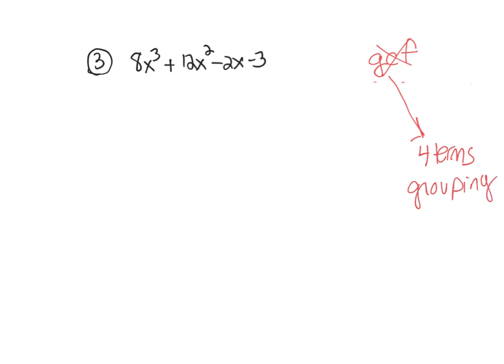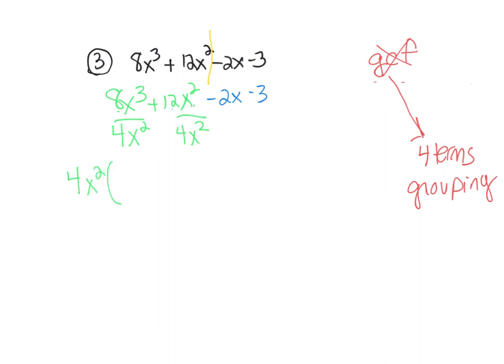And so I'm going to take the 8x to the third plus 12x to the second as one group, and then the negative 2x minus 3 will be another group. I split those 4 terms into 2 groups of 2. So now looking at the green group, I want to factor out a GCF. There's a GCF between 8 and 12 of 4. But then also between the x to the third and x to the second, there's a GCF of x to the second. So I'm going to have 4x to the second, and then left in the parentheses will be